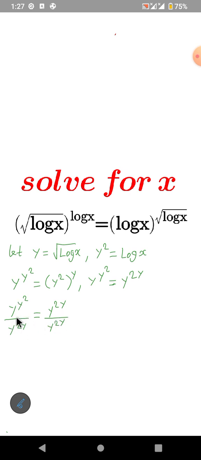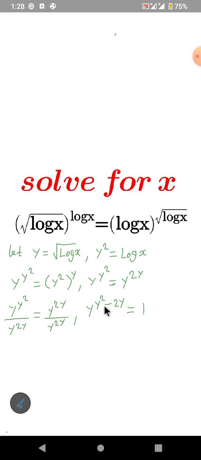Now we continue. For the left hand side of this equation, I'm going to apply the law of indices. Since they have the same base, I'll pick one of the bases, y raised to the power of y squared minus 2y, then all equal to, now y raised to the power of 2y divided by y raised to the power of 2y will give us